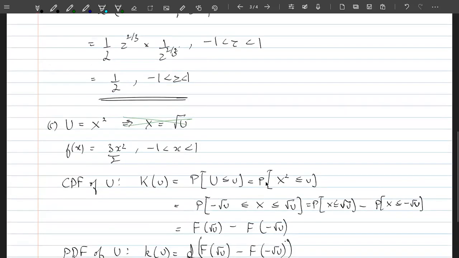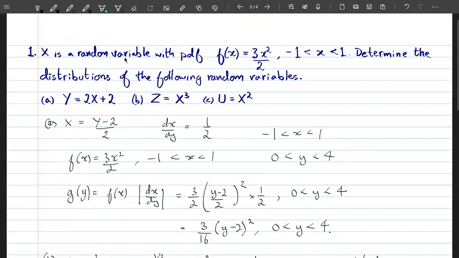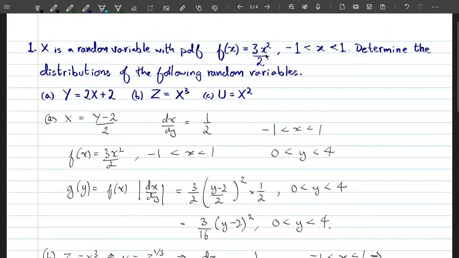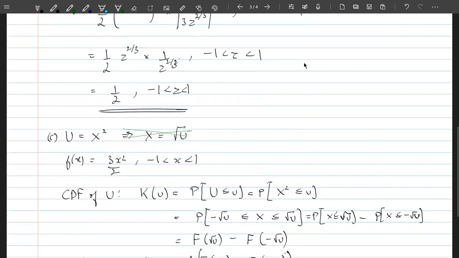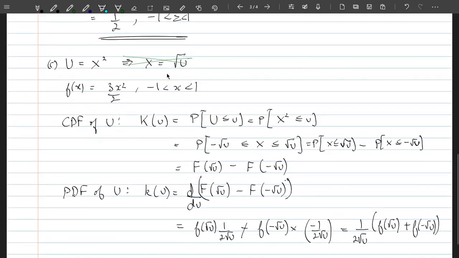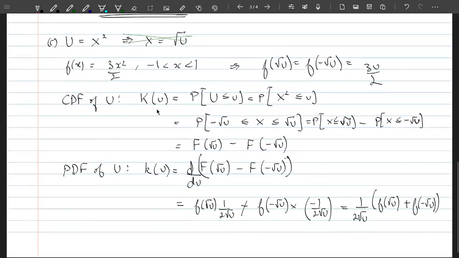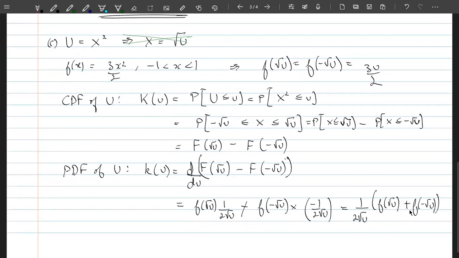But additionally in this problem, this function is symmetric. This function is symmetric in this interval. So f of plus square root of u and f of minus square root of u are both equal to, so let me write it here, f of root u is equal to f of minus root u is equal to 3u by 2. So here you will just get 3u by 2 plus 3u by 2. So the final answer will be 3 by 2 square root of u,